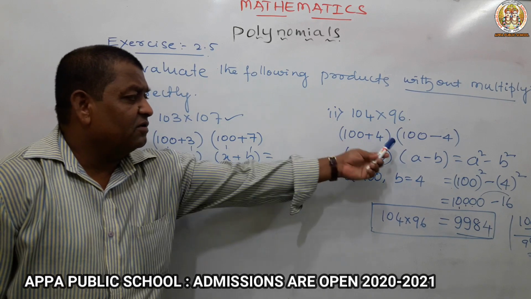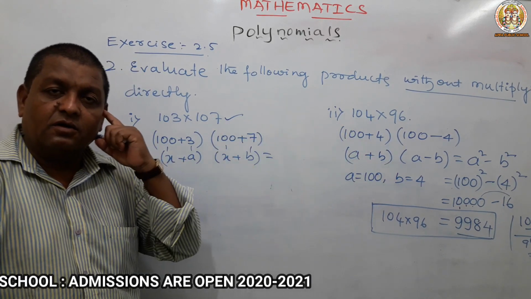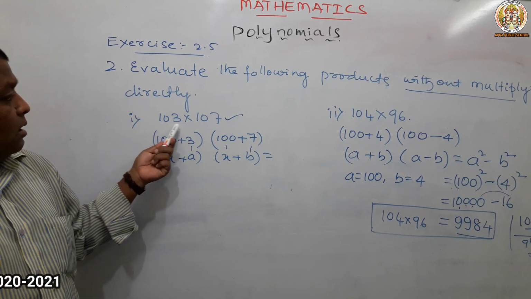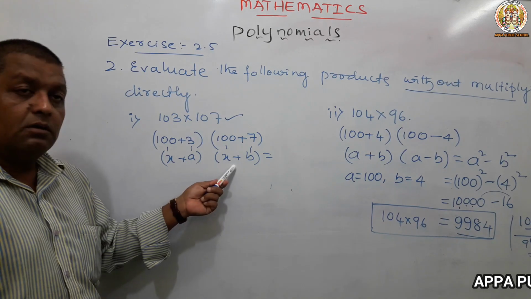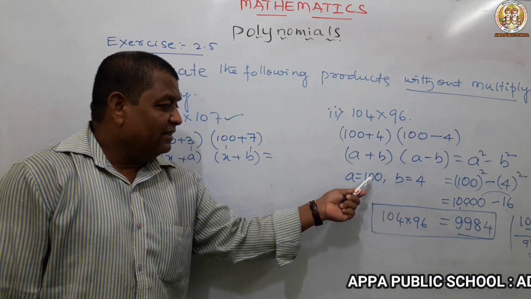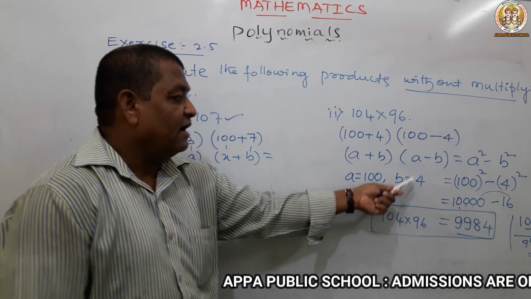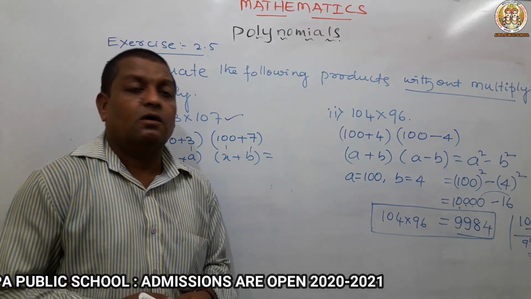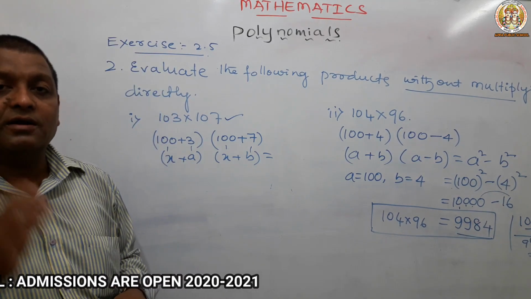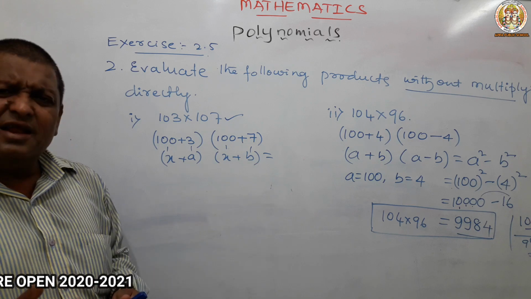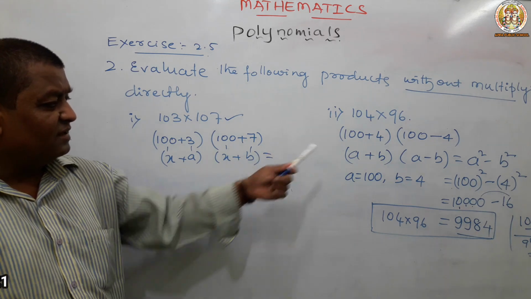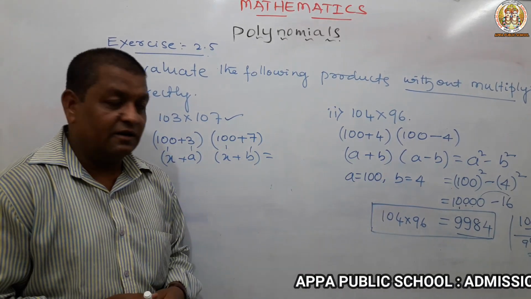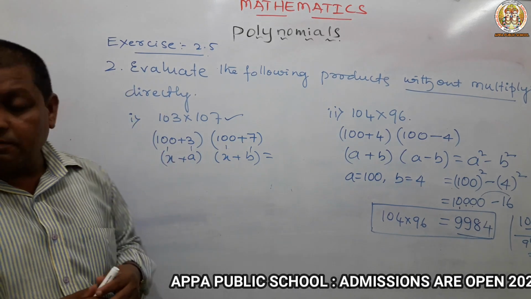So in this way you can use your idea how to split the numbers in a convenient way, and use the suitable formula. Take the values of the unknowns and substitute them in the formula. Afterwards, with a small simplification, we are getting our product. So in this way we can solve any number of sums. Afterwards we are moving to the third bit.